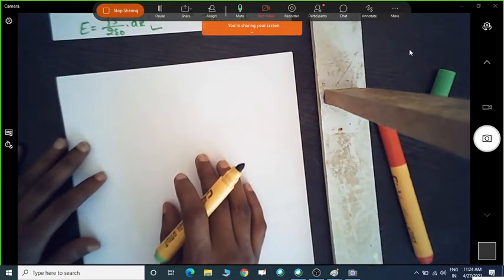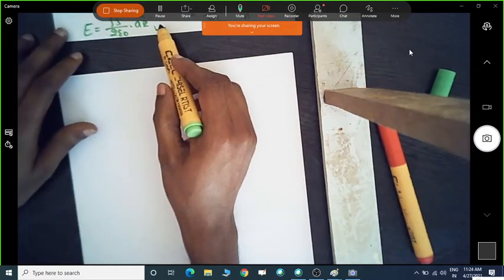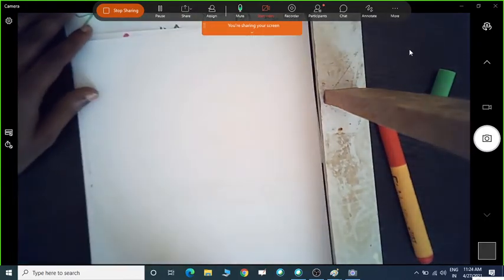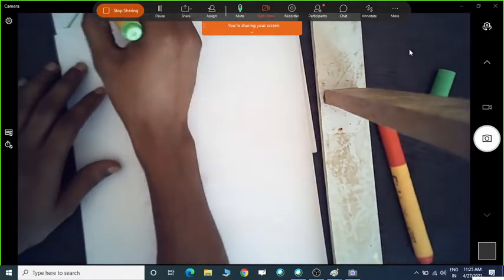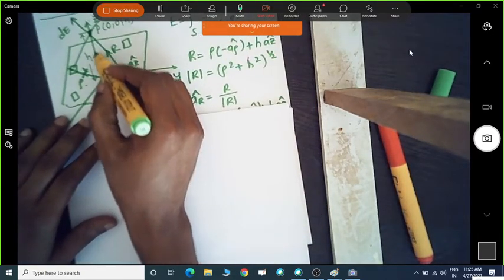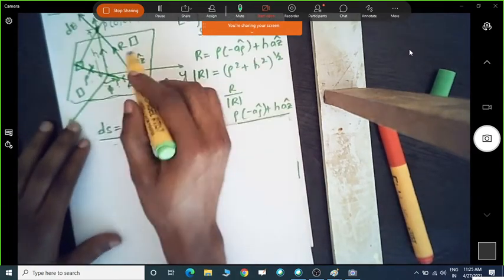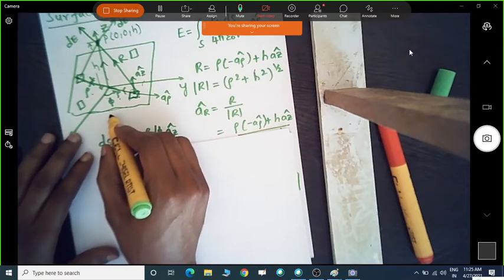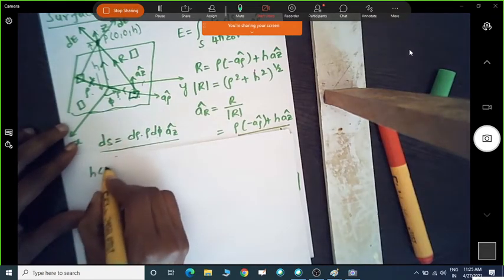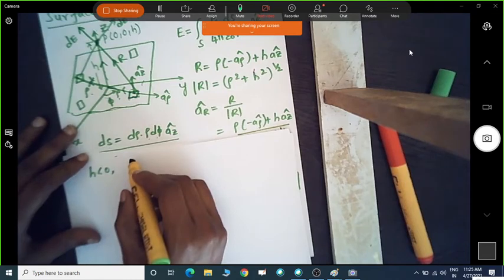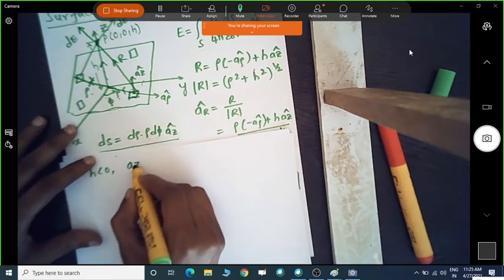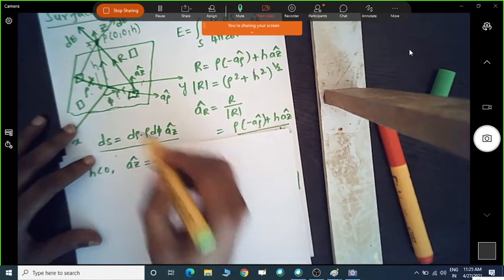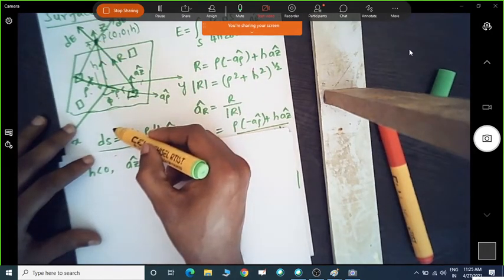Okay, so now this is what in general we have, the electric field distribution. Now this h is in the positive direction. Similarly, if I take the point in the negative direction, that is h less than 0, the only change we need to make is the unit vector, the az direction, we have to take as minus az, if I take the point in the opposite direction.